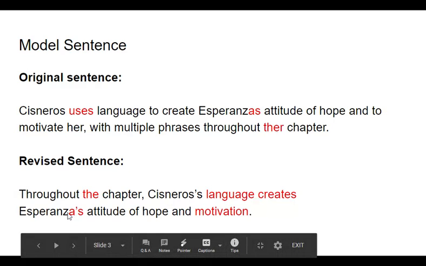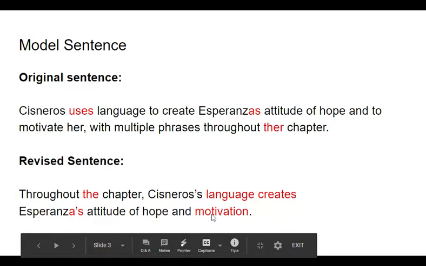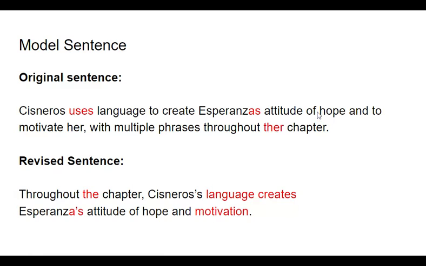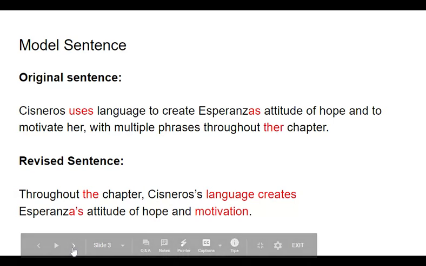"Esperanza's," I corrected the punctuation here. "Attitude of hope and motivation." We'll study this a little bit more, but the reason I changed this from "to motivate her" to "motivation" is something called parallel structure. When you're making a list, you have to keep all of the parts of the list in the same part of speech. And we'll practice with that more later. So, original sentence, revised sentence. If you go to the next slide,